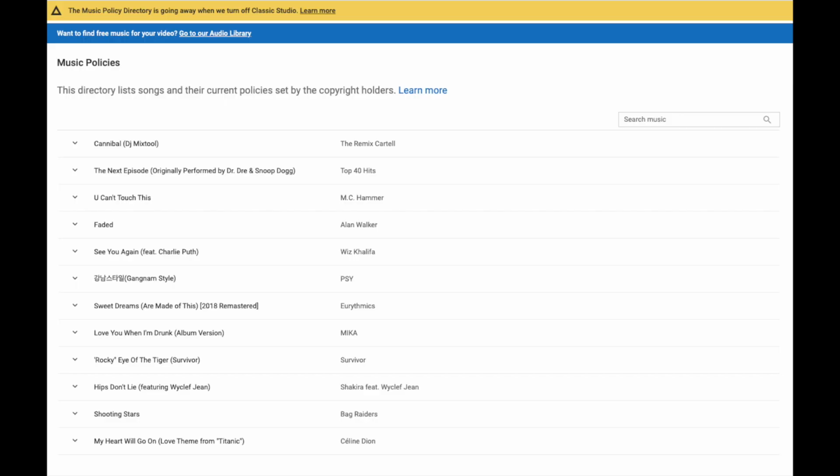It is a lookup tool that was designed many years ago to allow you to see what content ID claim policy might be associated with a given song. It was intended to help creators proactively avoid copyright issues with music in their video, but it's seen very low usage.